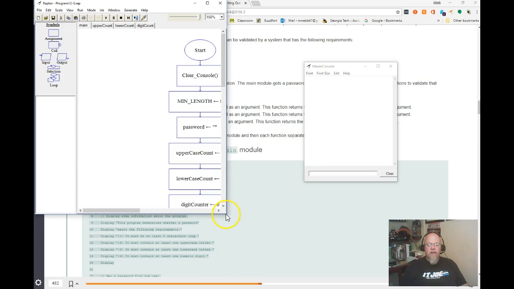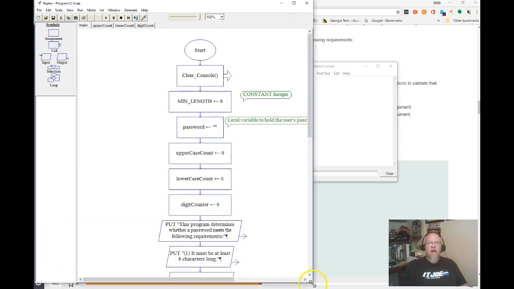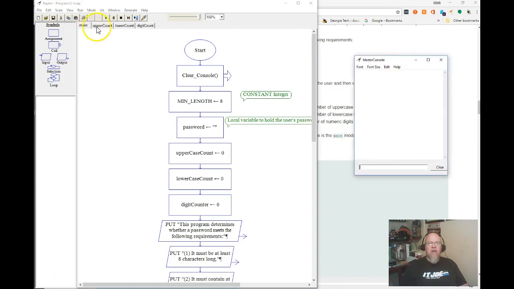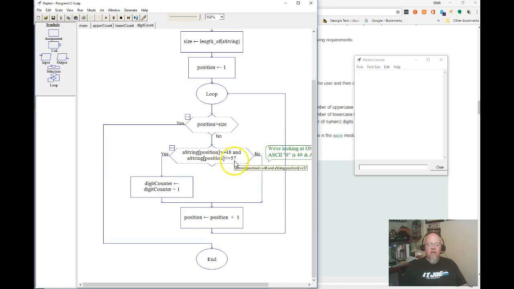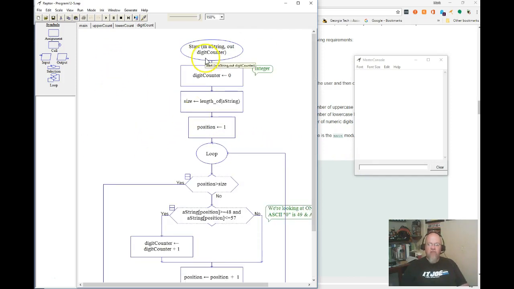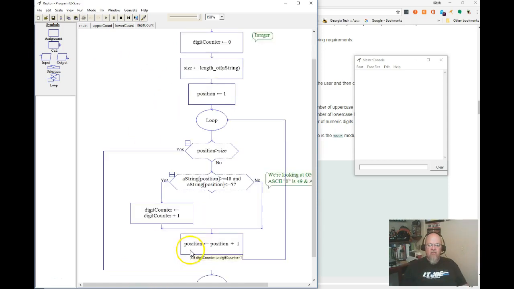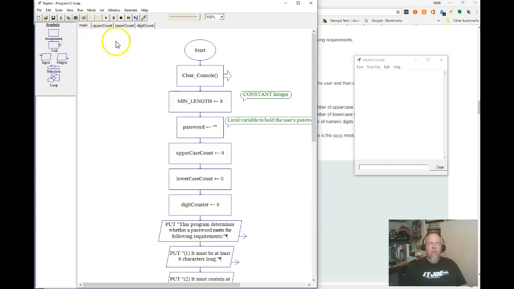So we had to create an upper count, a lower count, and a digit count. So we know upper and lower case count because we just saw what it did in the previous one. We got digit count. So here's what it does: we're just looking at position 48 through 57, which is a 0 through 9. Okay? So that's an ASCII 0 through 9. So we'll know if it's got a digit or not. So really what we do, we pass in the string. It goes through it character by character to check to see if that digit count is equal to 1. And when it comes back,